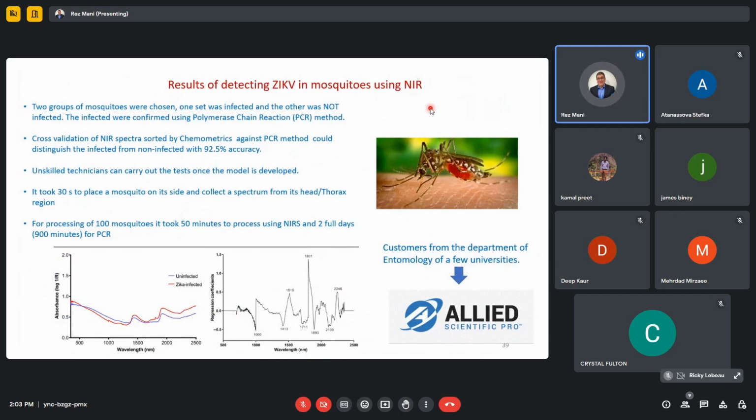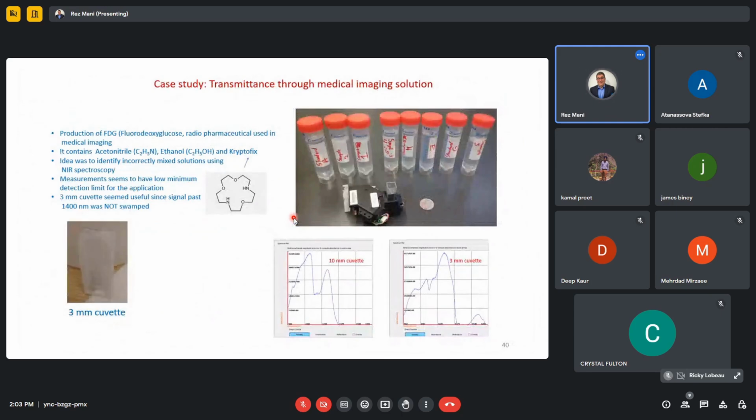There was a study before, and chemometrics could identify with 92.5% accuracy. The gold standard was PCR, the polymerase chain reaction, which is the standard method. For processing 100 mosquitoes, it took only 50 minutes using an IRS. And if you wanted to do PCR, it would take 2 full days. So pretty useful. This is our transmittance model with a cuvette, and we had a customer who sent us some